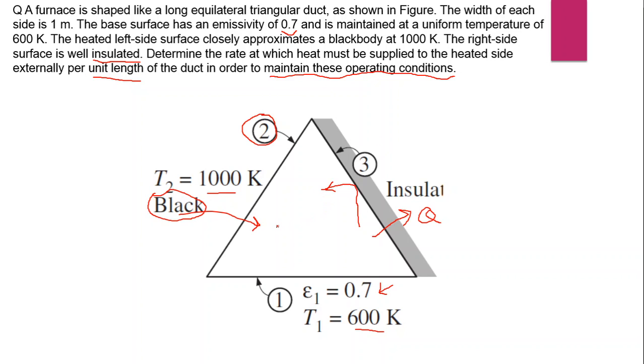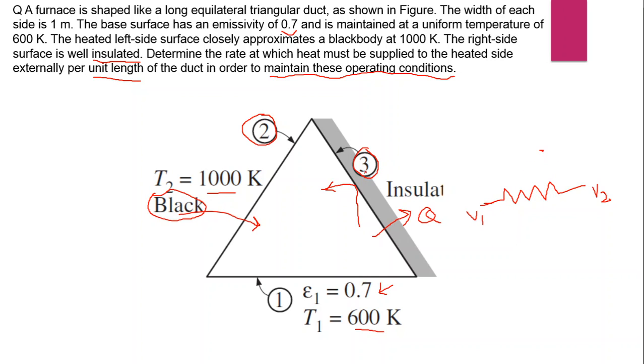Now let us solve it. First we have to make the network diagram, and the easiest part is insulation, right? Because through the insulation no heat is getting transferred. So in place of insulation we will have only a point, right? So we will not have any associated surface resistance for surface 3, right? It is the same manner as suppose we have this wire, and at this point we have voltage 1, at this end we have voltage 2. If V1 and V2 are equal, there won't be any heat transfer in this wire, right?